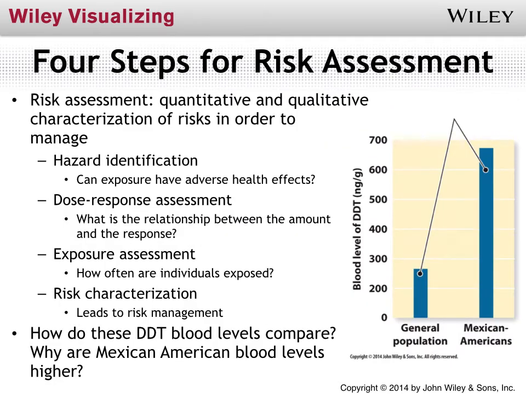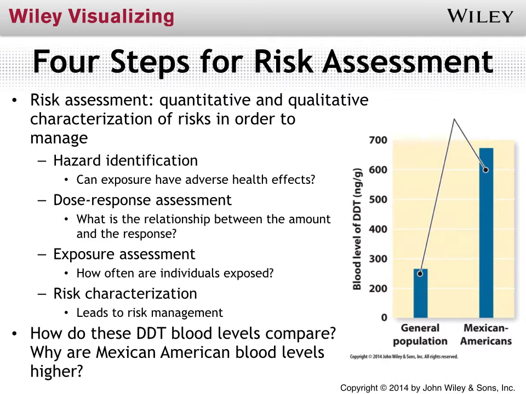So basically there are steps involved in assessing risks with respect to behaviors, or in the case of this chapter specifically, being exposed to chemicals. So there are both quantitative, which is measurable, scientific, and qualitative, which is more based on observation, ways that we can characterize risk. First, by identifying the hazard and determining whether exposure can adversely affect our health. Then looking at a dose-response assessment, which is the relationship between the amount of a chemical we're exposed to and then the response to that level of chemical.